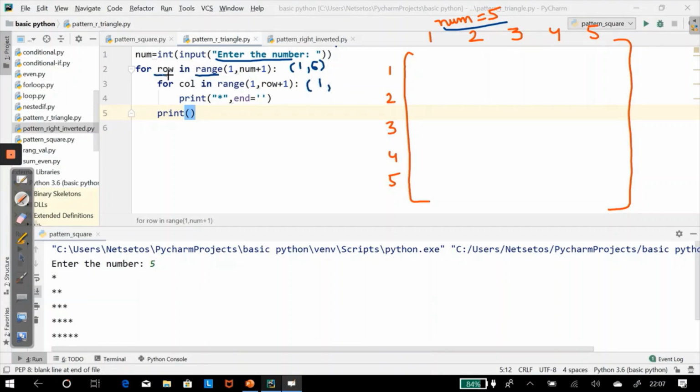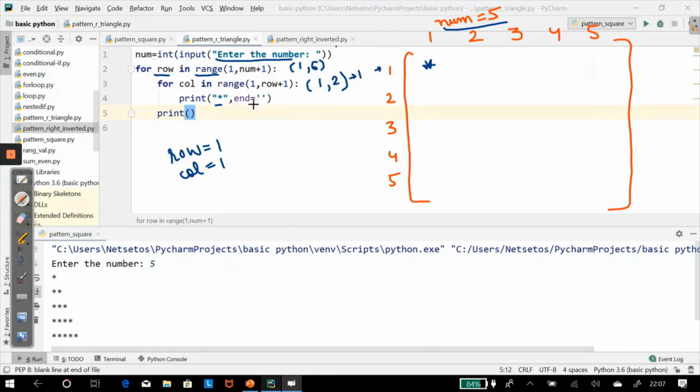Now for row equal to 1, column will go 1 to row plus 1, that means this loop will run 1 time. So for row 1, first it will execute for column 1. It will print a star, 1 row and 1 column.